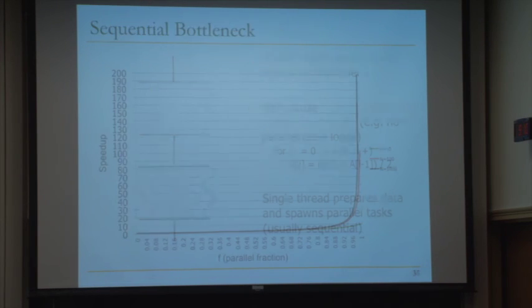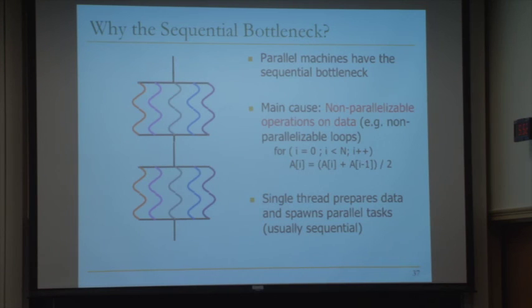Okay. So I guess you could ask, why do you have these sequential bottlenecks? And all parallel machines have this. Well, because you can have a non-parallelizable portion of the data. This is one way of representing computation, if you will. You have a sequential part and you have a parallel part. Basically, the sequential part can actually prepare data for the parallel part. That's one reason you have the sequential bottleneck. And there could be non-parallelizable operations on data. If you have loop carried dependencies, you may not be able to parallelize your loop. Right? And as you have more and more non-parallelizable things, this part of the program increases.